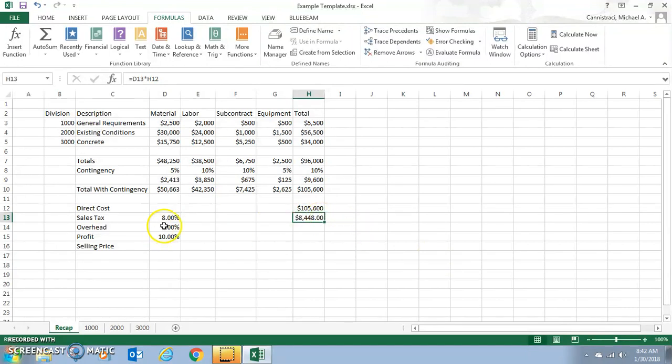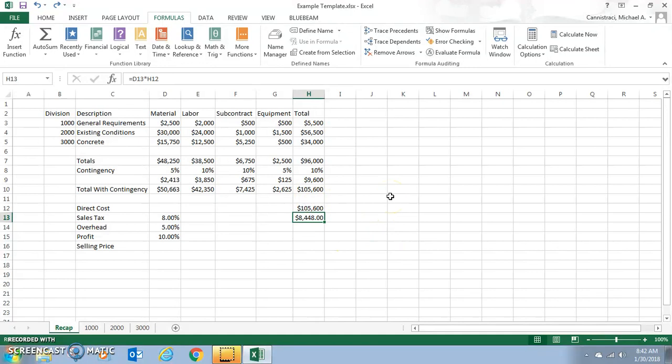Now, your overhead is going to be equal to your overhead percentage times your direct cost. The same formula. Can I just drag this down? Like this? Did that work? No, because that's 5% of 8,000. Right, exactly. This number here is now 5% of 8,000 whatever, and we want it. So you could drag it down, then you can move these rectangles around and do all sorts of fancy things like that. But